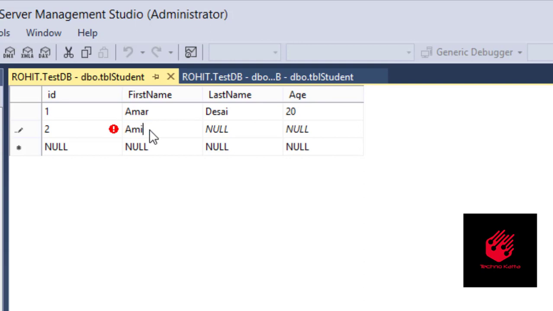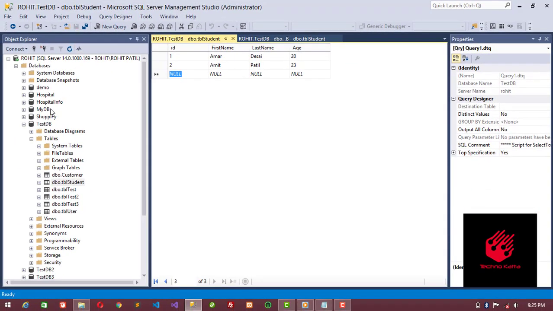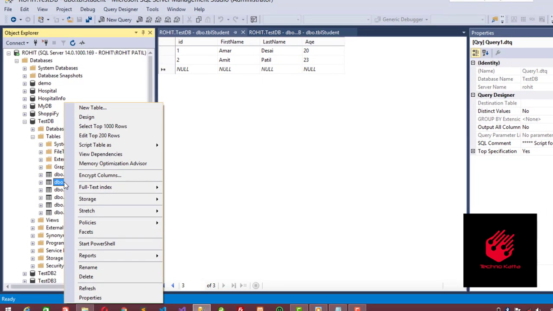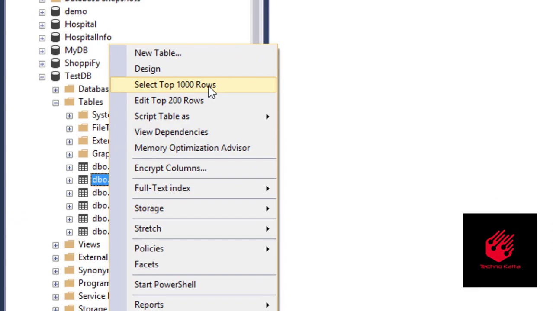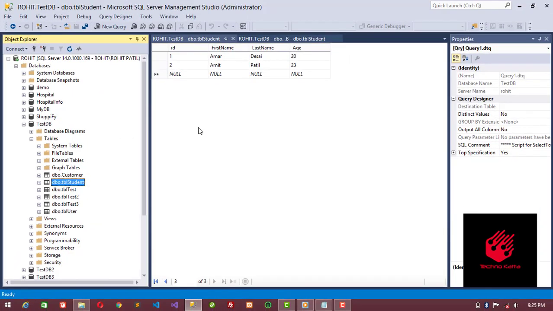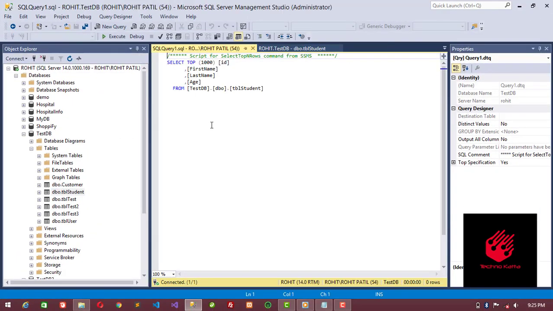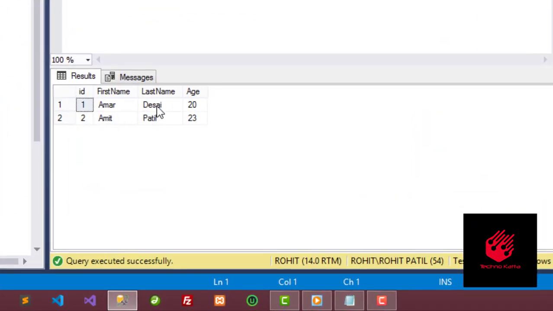This is Amit Patil, and age of that student is 23. Again tab and save this. After saving, refresh and right click on that and click on Select Top 1000 Rows. Here you can see your data has been successfully inserted in the table. This is the first way of creating a table and inserting data in the table.